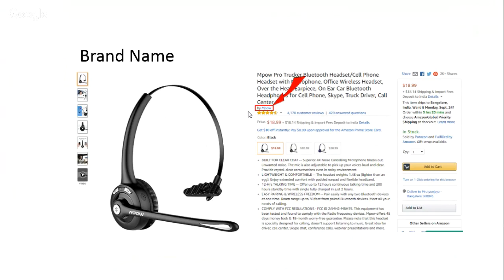So to register my brand, I will have to go through a process of brand registry through my Seller Central account, is what you're saying, for a private label. Yeah. See, brand registry is not mandatory. It is not mandatory that every seller has to go for brand registry. Not mandatory for a private label seller either, but it is mandatory if you want to protect yourself from hijackers. I'll talk about those things, like what hijackers are.